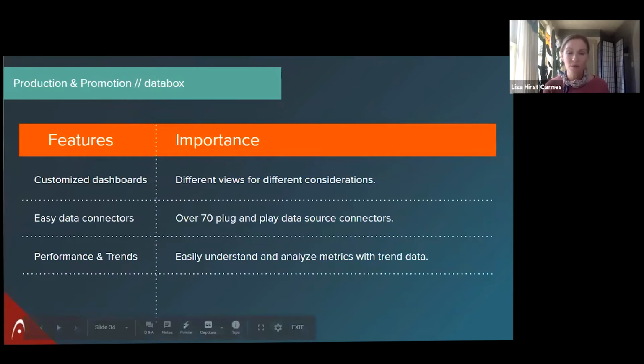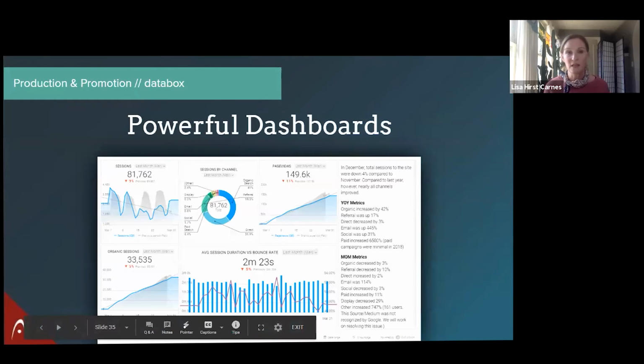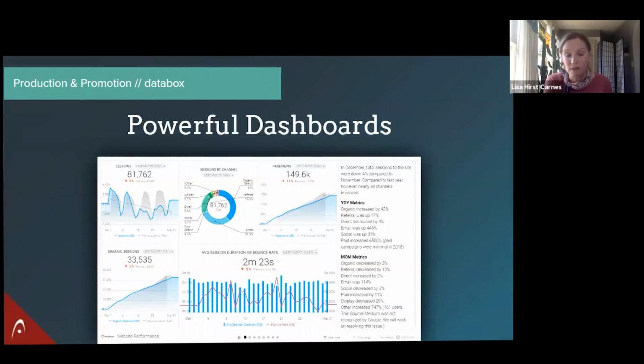And then performance and trends. You can easily see what's happening at a campaign level. So this screen shows an example dashboard, and they call them data boards. Each one of these little blocks is made up of a metric and a dimension. Think about it like this: metrics are basically numbers and dimensions are attributes. So depending on the type of data you're showing, you can figure out what way